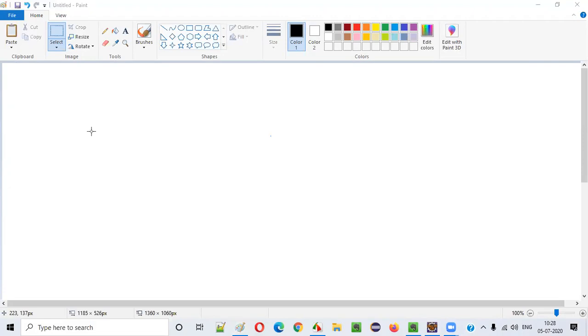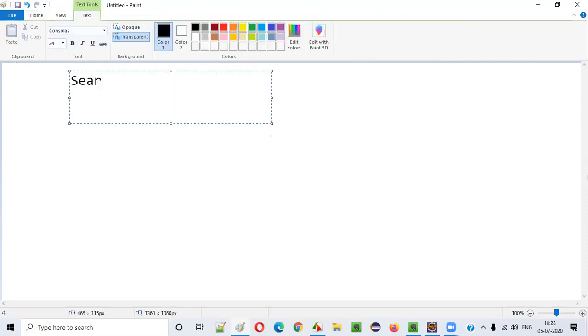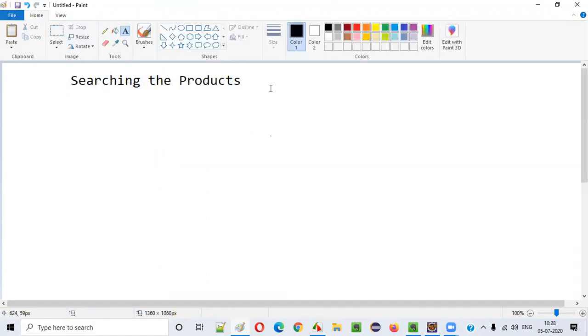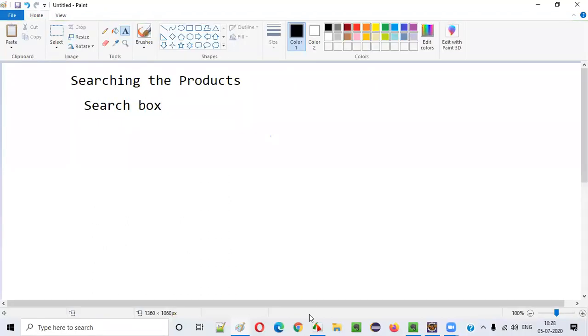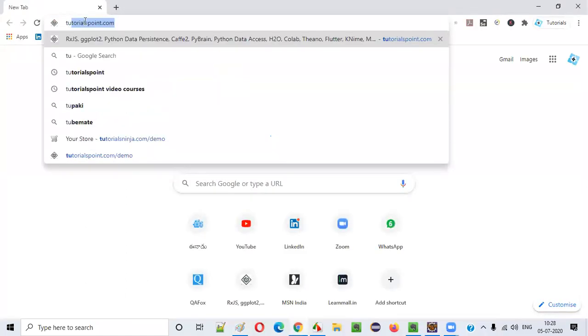Yes, a lot of people are already typing before me. Yes, product display page. Yeah, searching the products is the next thing. We have to search, and there are different ways of searching, right? When you search for a product, directly you will see a search box, and another search box will come when you search for a wrong product and there are no search results. Again, you will get a page where a search box will come, right?